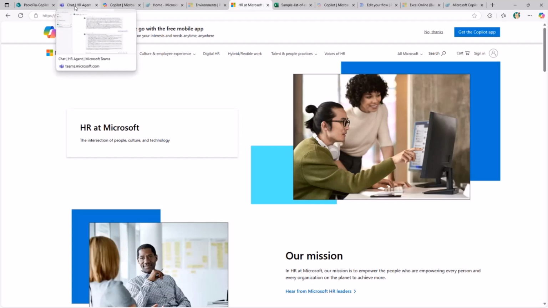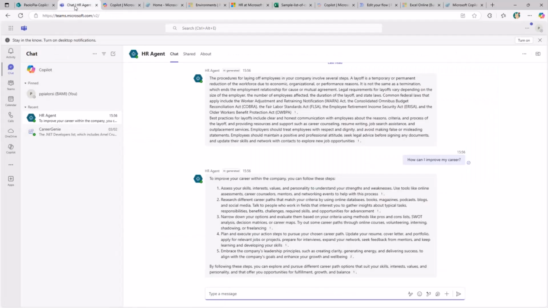So now what we want to create, and see how to create, is a bot that we can use as an agent in Microsoft Teams or also in Microsoft 365 Copilot to manage the content that we have in SharePoint Online and the content that we have in the public website that we want to target.